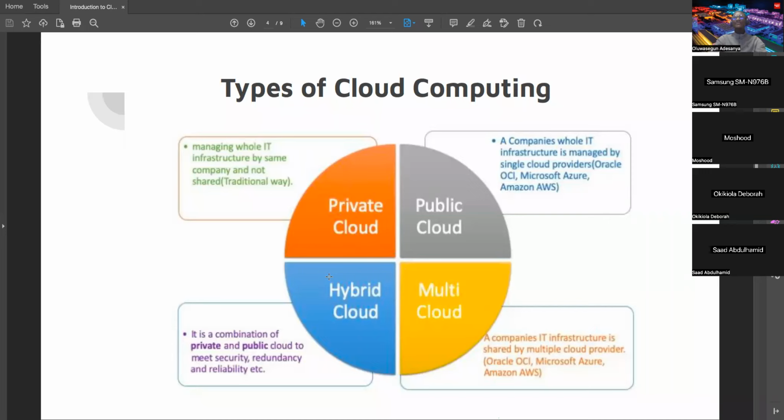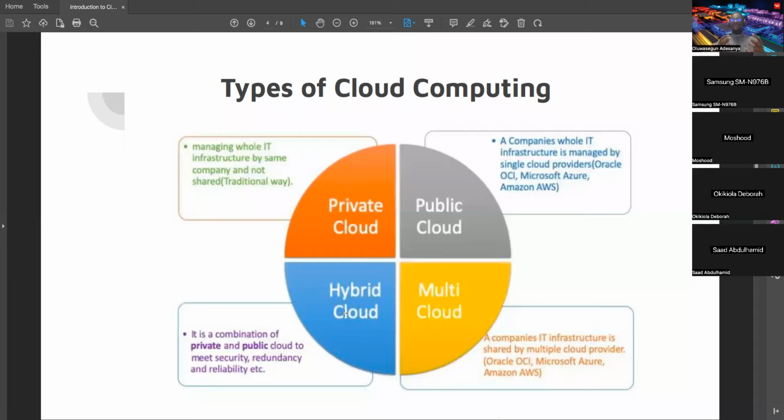Then we have what we know as the hybrid cloud. The hybrid cloud is the combination of both private and public. Most companies use this hybrid cloud to save a lot of cost. Some companies want some of their information to be on premises. The private cloud, we call it on-prem cloud, on our own premises. Most companies want to use both private and public cloud, maybe they want their vital information to be on their own private cloud, and they want other information to be, maybe they want their front